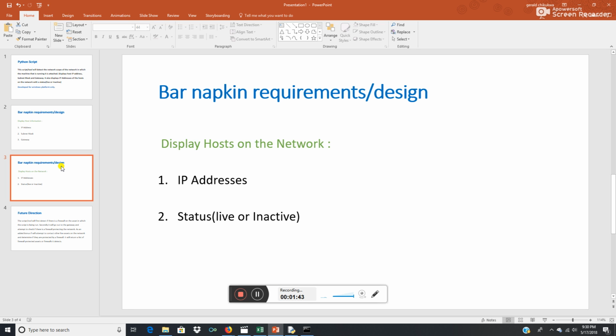How we do that is we create a network range from 1 to 255, and then we iterate through those IP addresses and try to figure out which one is active and which one is not. So that's that, and we'll go to our